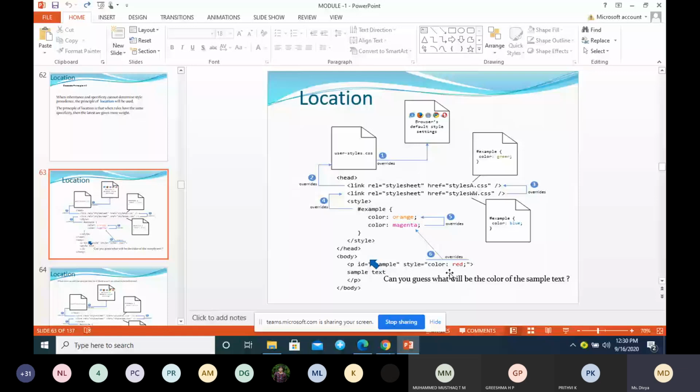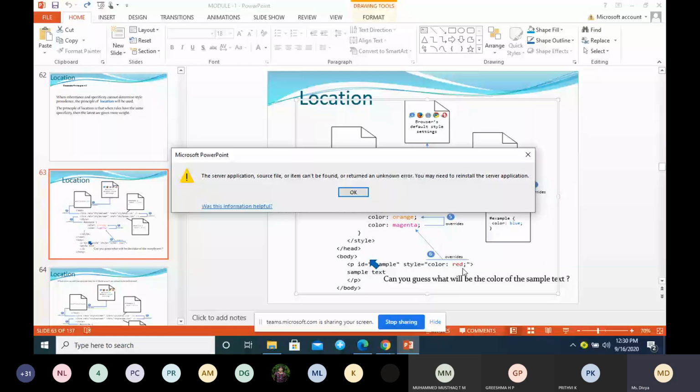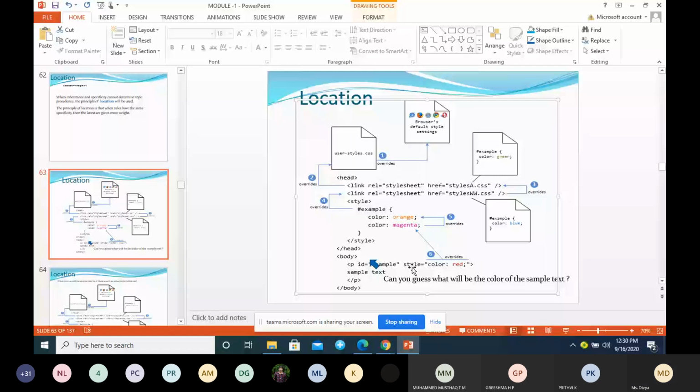Suppose this color red was not there in the document, inline is not there. Which color will you get? If this is not there, magenta.